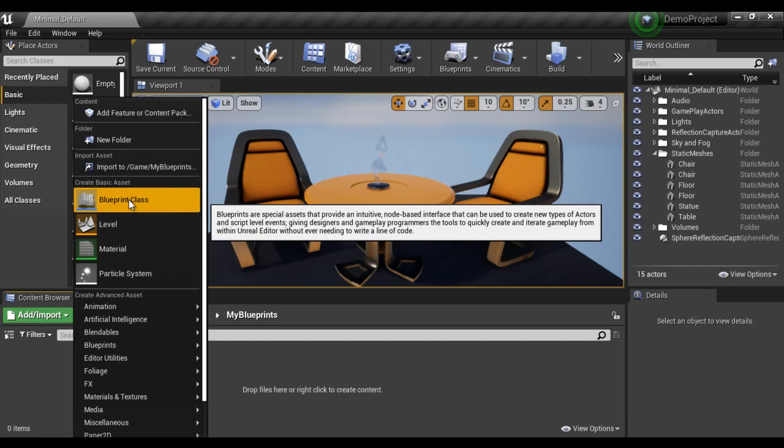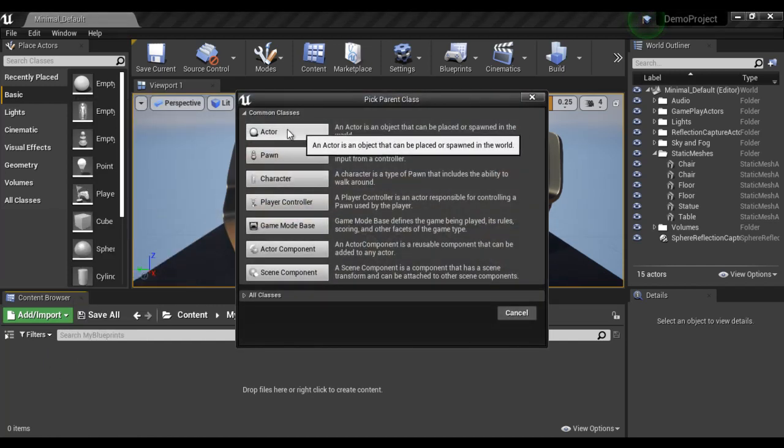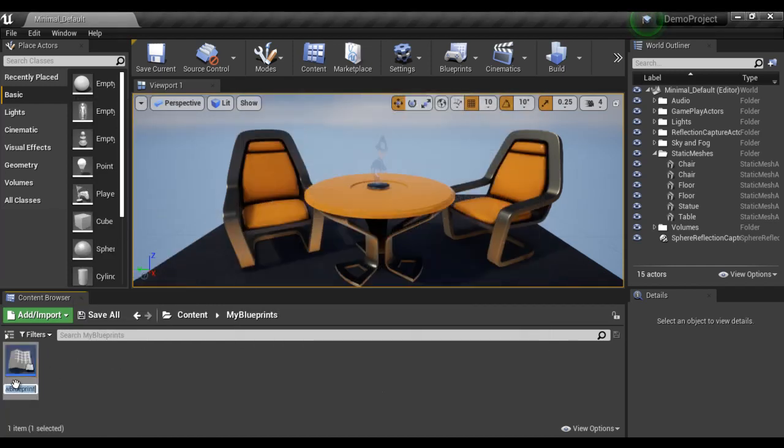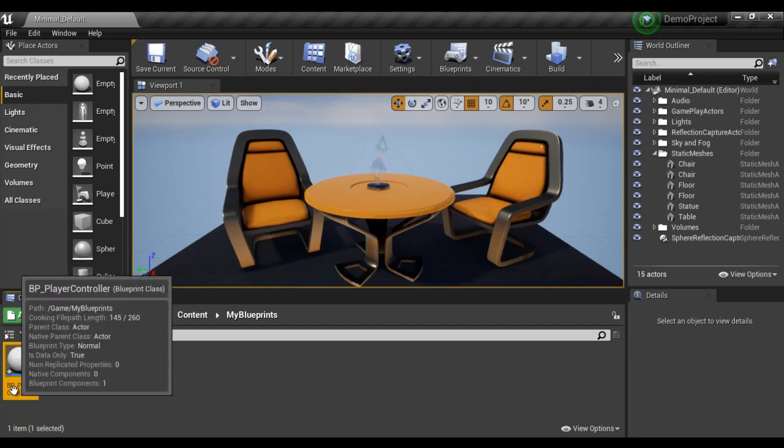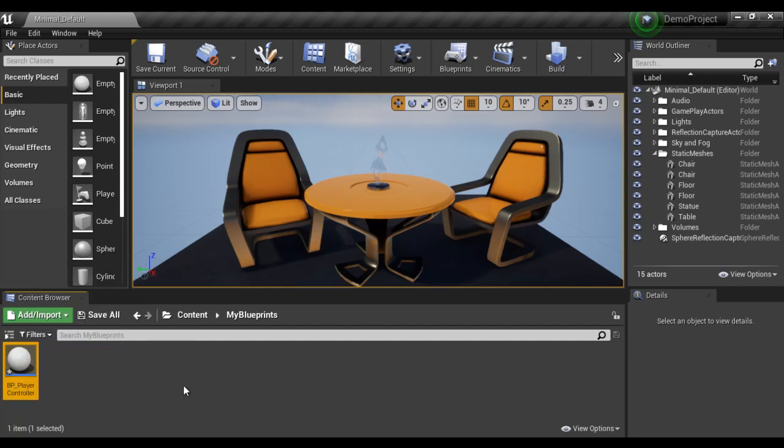I say blueprint class. I select actor as the base class and then give a name. I say BP underscore player controller. Hit enter. Assume that we use this blueprint to control the player. So like that you can create new assets, guys.